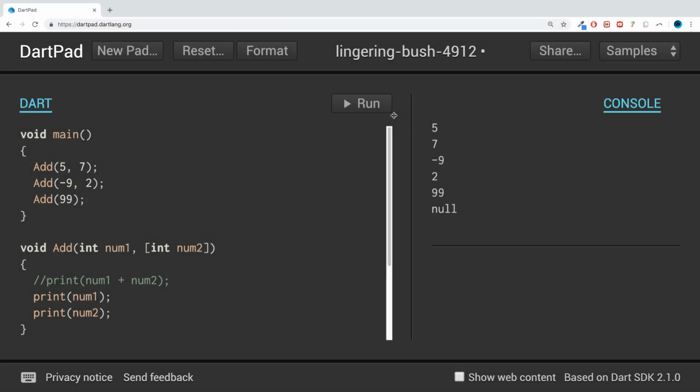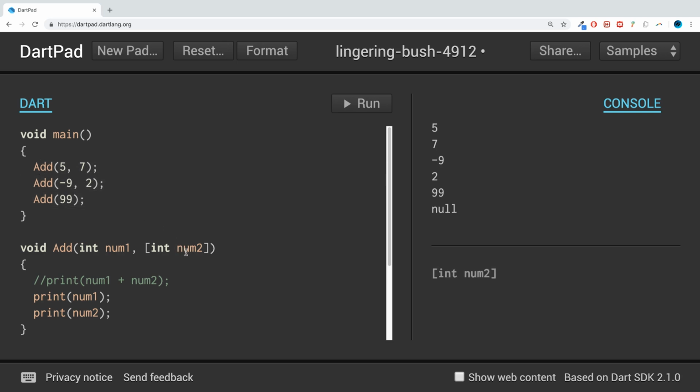Hello, in this Dart programming video, I am going to show you optional named parameters. If you are a bit unfamiliar with parameters, functions, or optional parameters, I recommend checking out those videos first. Once you've done that, an optional named parameter is one that you have to specify when you are passing the